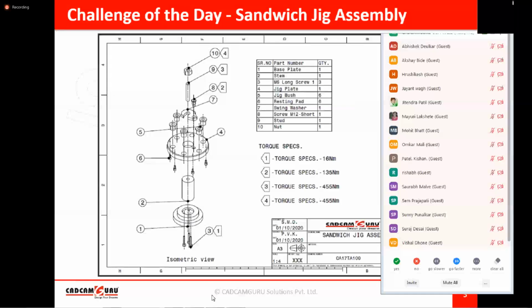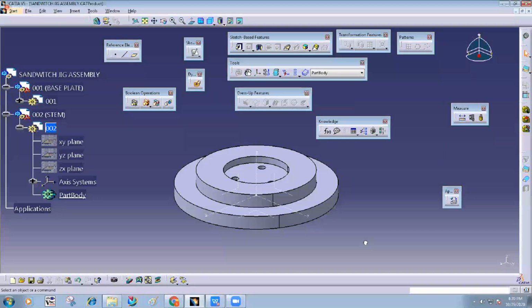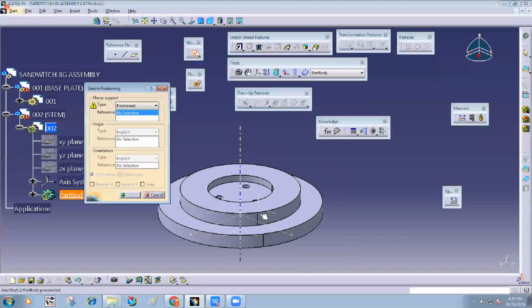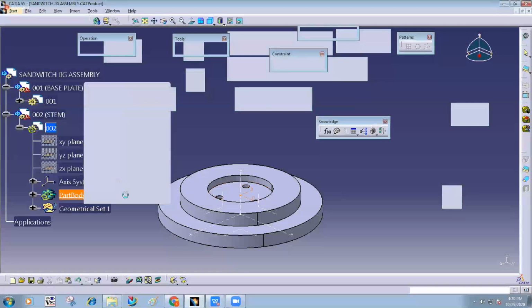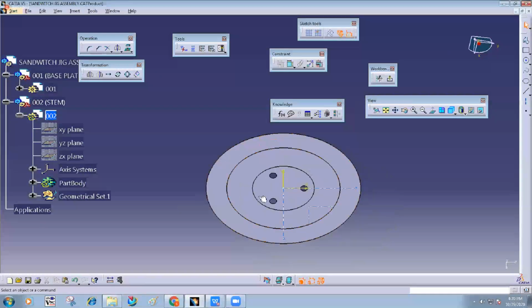So I go back to assembly and I directly select the sketch on this face. No need to create the profile on your axis system. Directly I get the location.